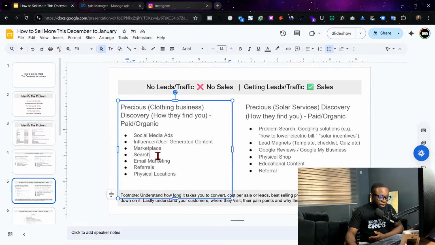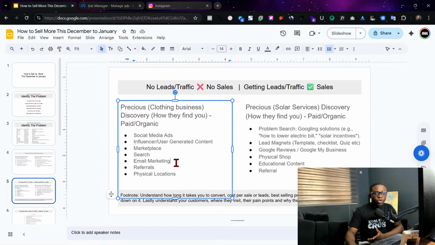Then some persons search for products. Take for example, if you search a product on Google, you can see Jumia and other products, but you need to work on your search engine optimization. Even now, many persons are getting their sites optimized for ChatGPT and the rest. Your business doesn't have to be big, but you have to put in the work. I think this is one of the other topics I'm going to work on.